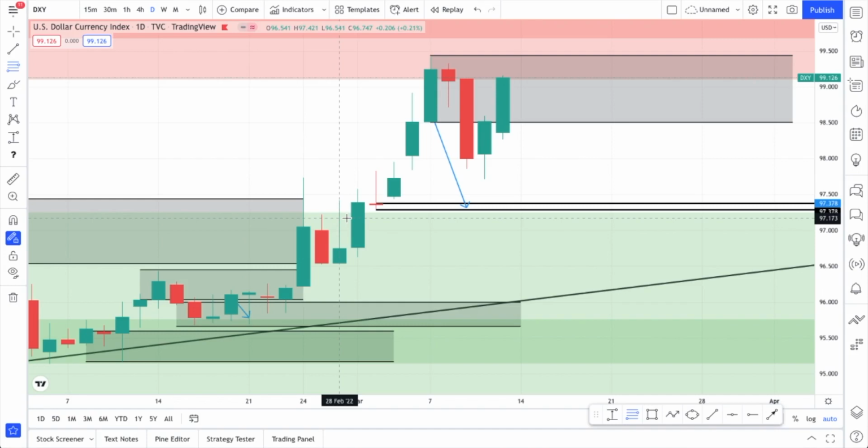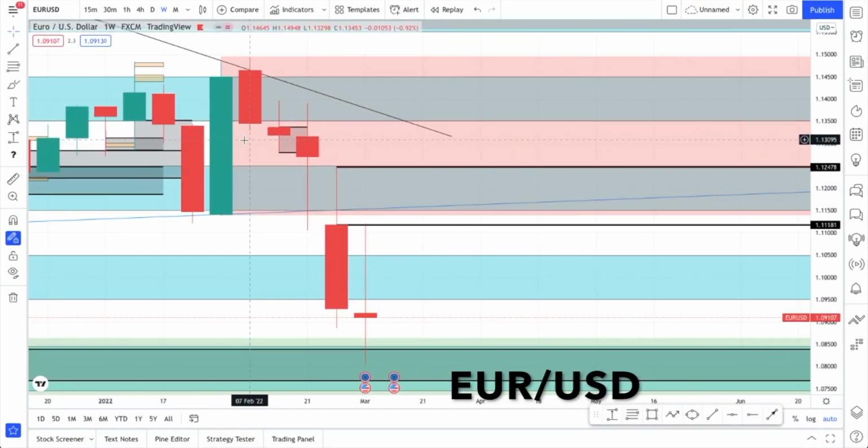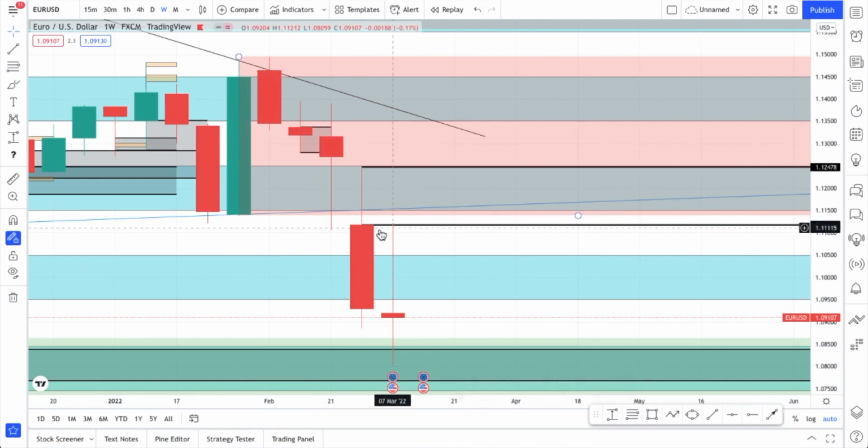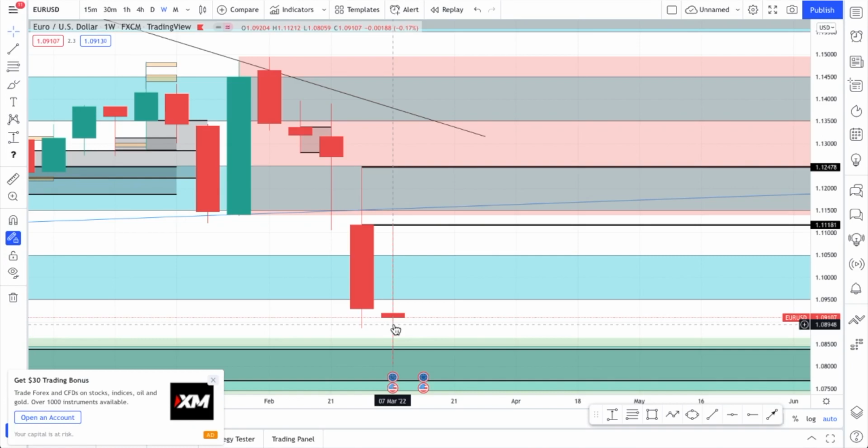So with that being said, I will now move on to the currency pairs, starting off with the EURUSD. If you look at the EURUSD, we can see that prices printed a dodgy candle as prices respected this daily supply zone here, which worked due to this risk of sentiment, and also this weekly demand zone here. So there could have been a trade to the downside or to the upside. From my end, due to the fact that we're in a risk of market condition, I'm looking for dollar strength positions, due to the overall market condition.